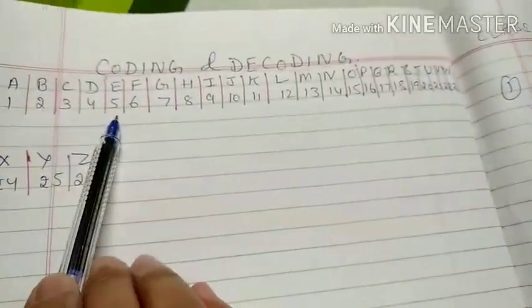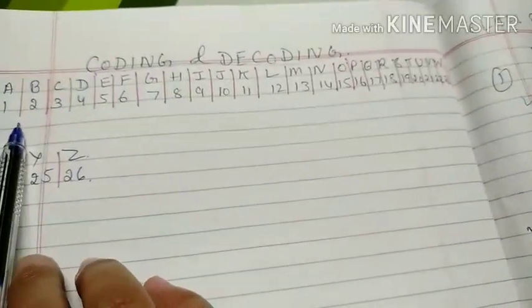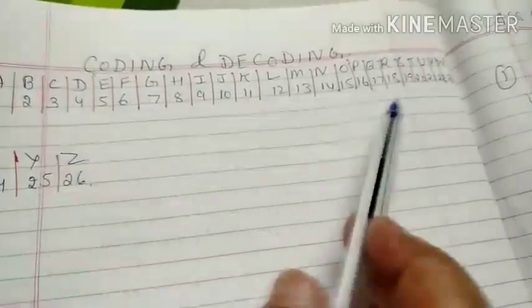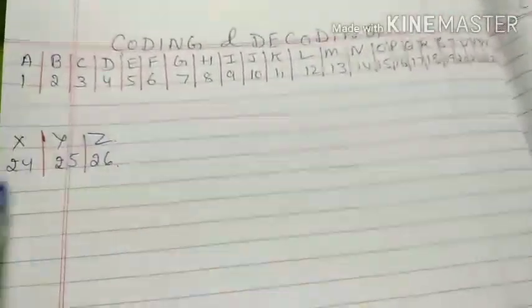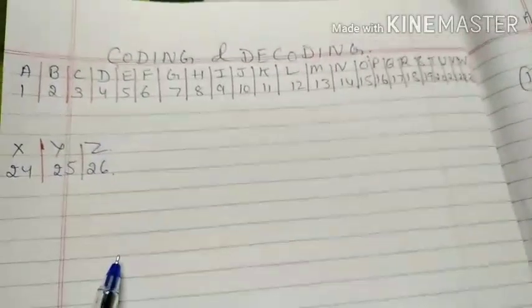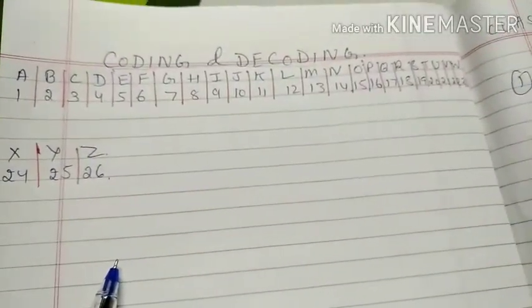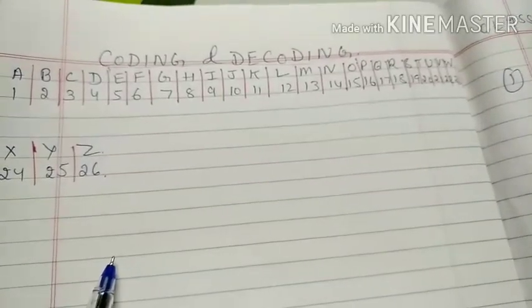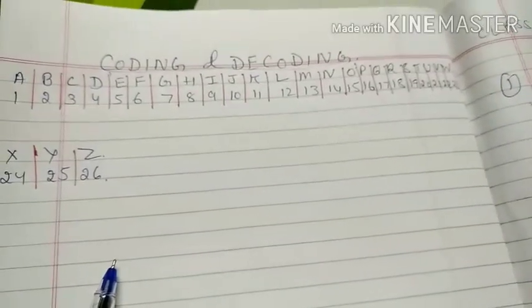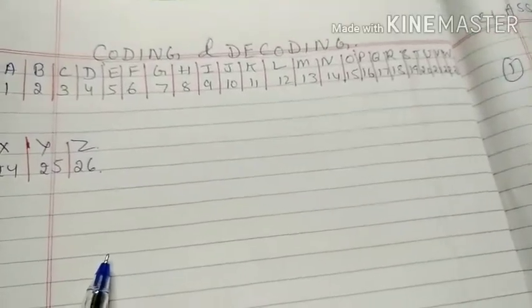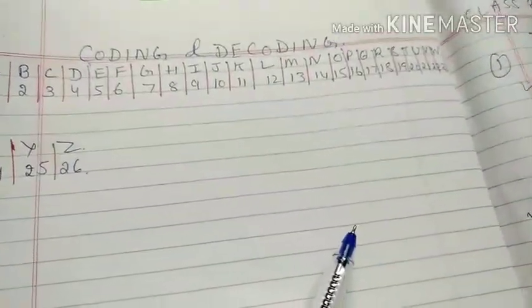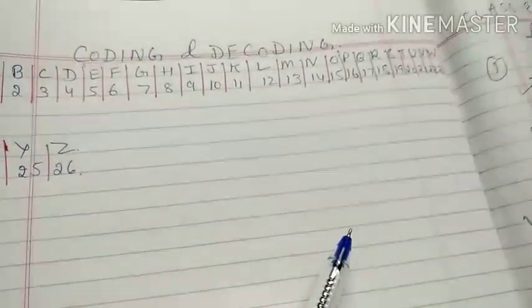In front of each letter, I write the continuity number: A's position is 1, then 2, 3, 4, whatever the counting number is, I mark the letter according to that. There are 26 letters in the English alphabet, and each letter is marked with a number according to its serial number. Suppose this type of coding is given in my question, it means you have to pick the code from the English alphabets A to Z.